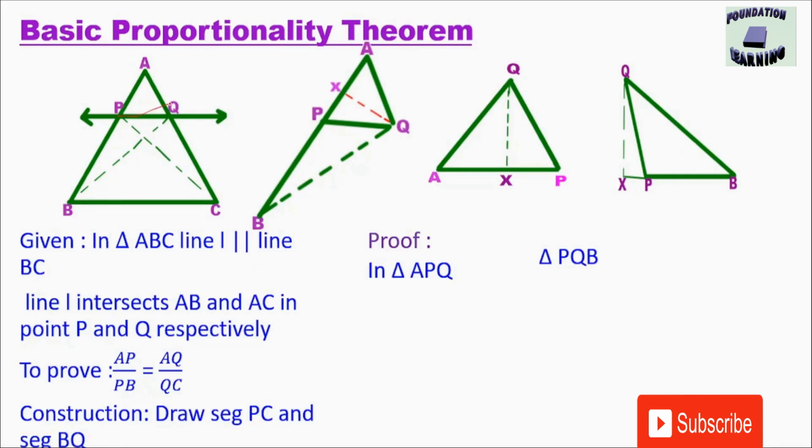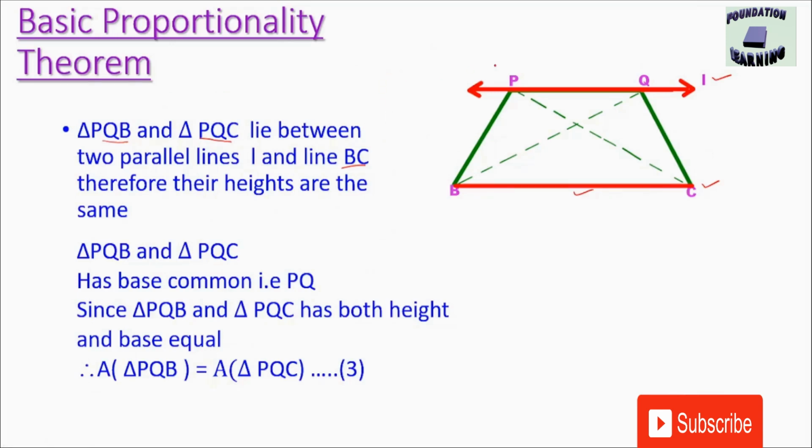You can see PQB and PQC are lying between these two parallel lines. This is one parallel line, the other one is this parallel line. I have drawn it neatly, but I just wanted to show you how the figure looks in the original diagram. So PQB and PQC are lying between these two lines, and therefore what happens when they lie between the two lines? The heights are